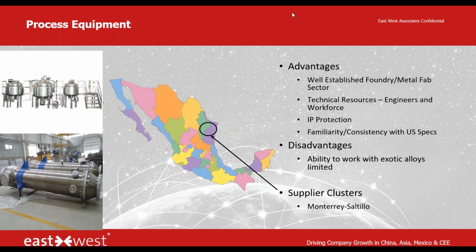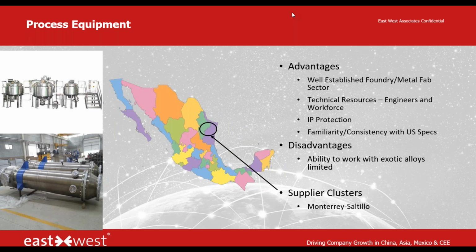And then again, familiarity and consistency with U.S. specifications. Some of us have had difficulties in the past when looking at equipment manufacturing overseas, particularly in China, which has its own set of GB codes and regulations around material specifications, design specifications, and standards. You've got a good industry in Mexico that's familiar with the U.S. requirements. Disadvantages that we've seen: